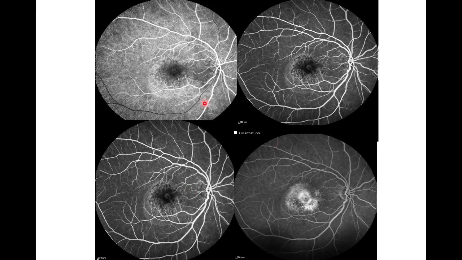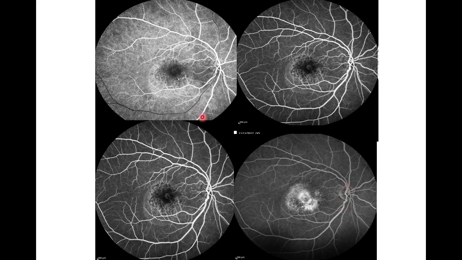So this is the fluorescein angiogram picture of the right eye. This could be in the early or mid venous phase. We can see the laminar flow here, and this is in the late venous phase. This is also in the late venous phase, and this is in the late recirculation phase, because we can see the staining of the disc here.